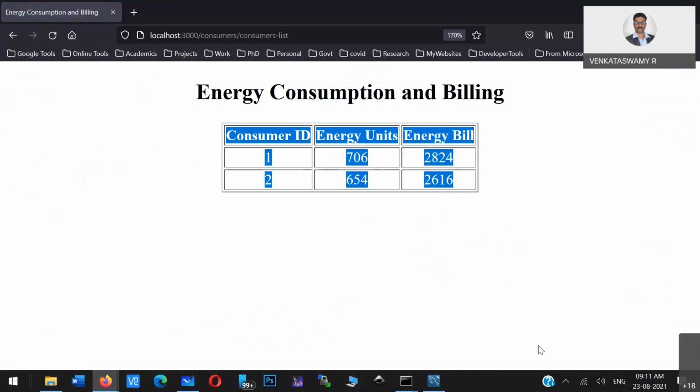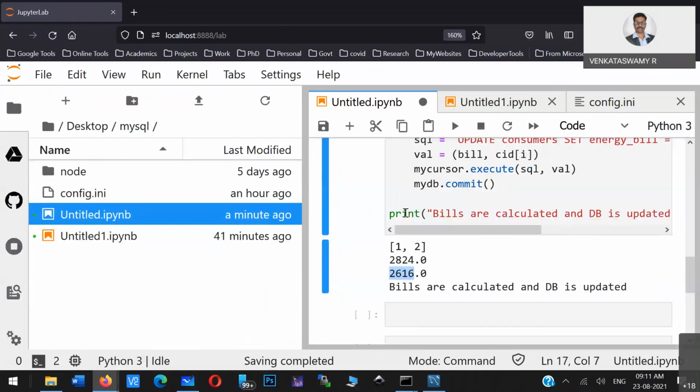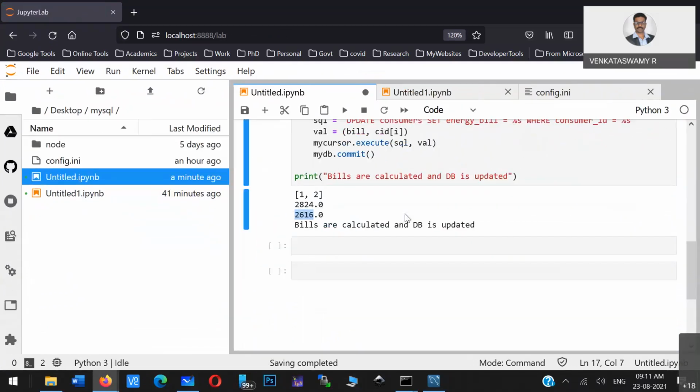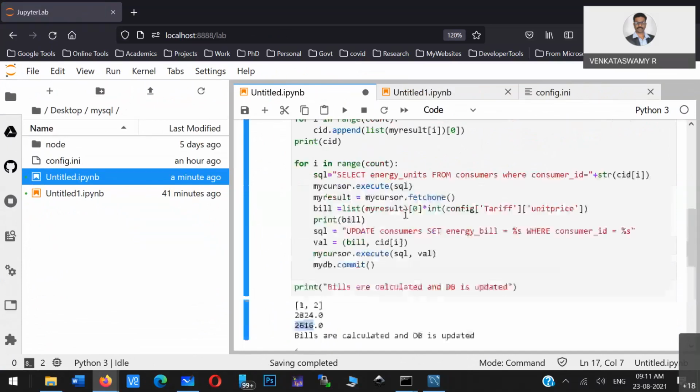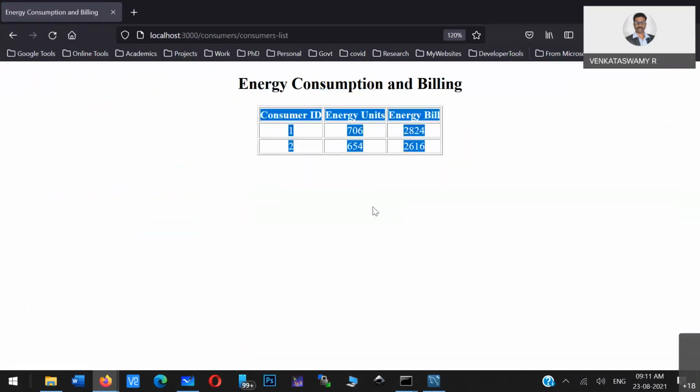So in this particular example, what you can see is the interconnection, the connection between your application and the database. That's the one thing you have to understand. So this is what we have done in the previous class.